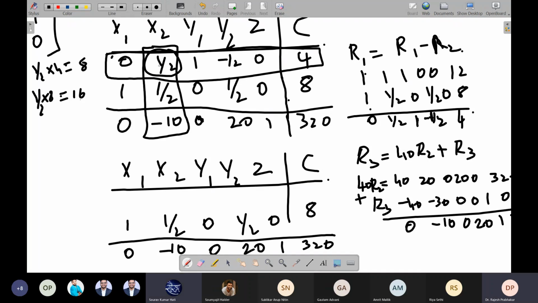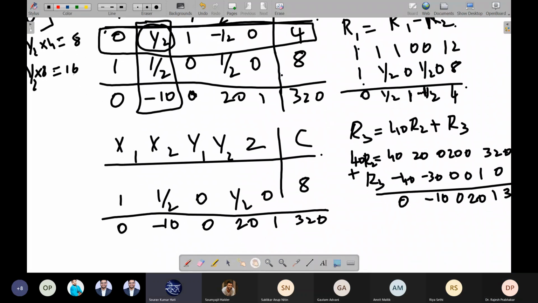Excuse me, sir. Yes, please. Sorry to interrupt you, sir. But you said it should be like multiple row elements, huh? Element into 1, it should be single value. See, when you are making other elements 0, then you will implement the Gauss-Jordan elimination method. Okay, sir. Got it, sir. For converting pivot element into 1, we can use single value. Okay, sir. But for converting the other elements in the column to 0, we have to use Gauss-Jordan elimination method.